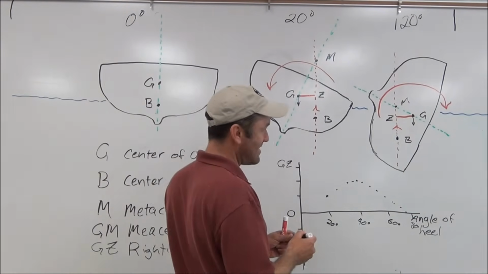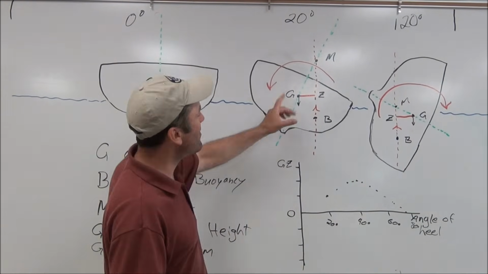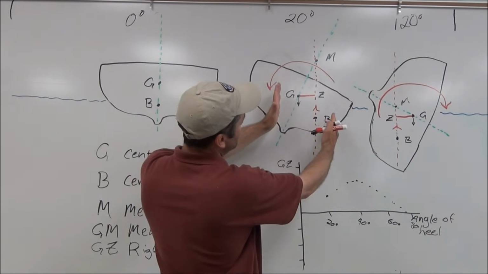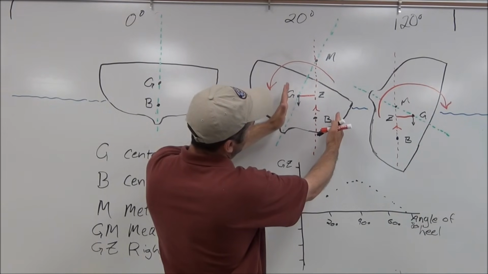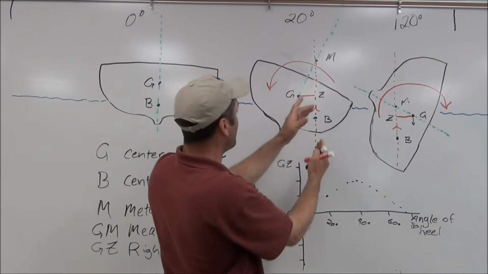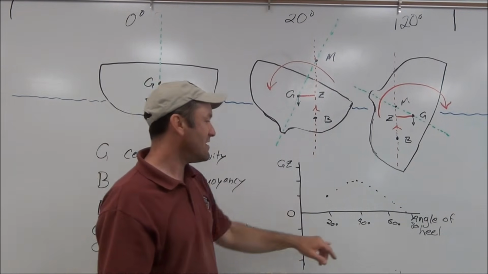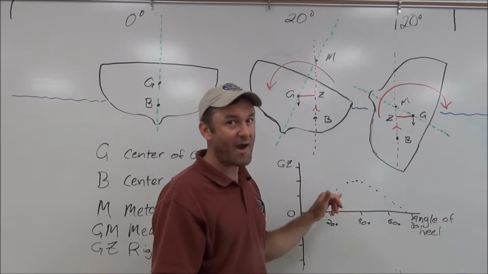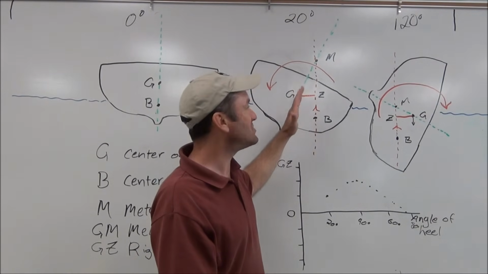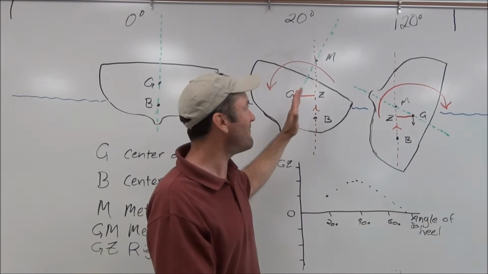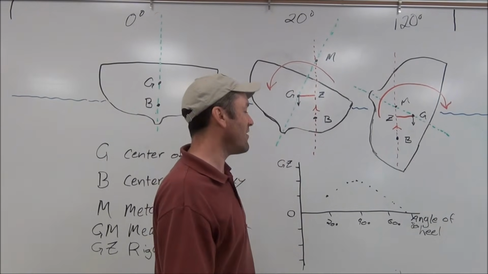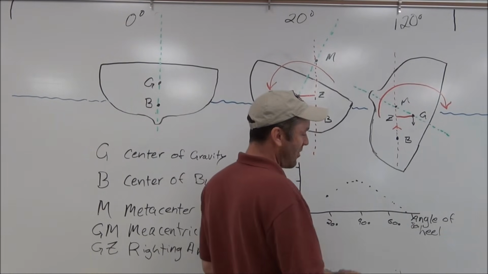Okay, so what that means is we've tipped that boat, buoyancy is shifted out, offset from gravity, this distance has increased, and then as we tip farther, they start to come together again. And where they end up over top of one another is back to 0. Now, at that point, there isn't a righting arm that's trying to push the boat either way. So it could be a balance point, but it's usually a pretty precarious balance point. It could fall one way or the other. Now, when you go beyond that,